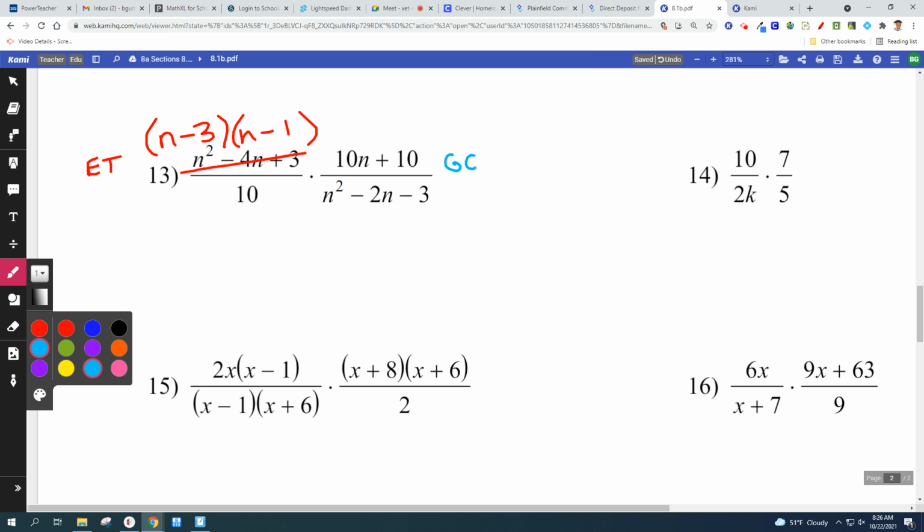Notice this one is a GCF over here. What's in common? 5 works, but 10 is bigger, so 10 is better. 10 is the greatest common factor. 10 times must be n plus 1. Nothing to do on the bottom left. The bottom right, though, is another easy trinomial. So n,